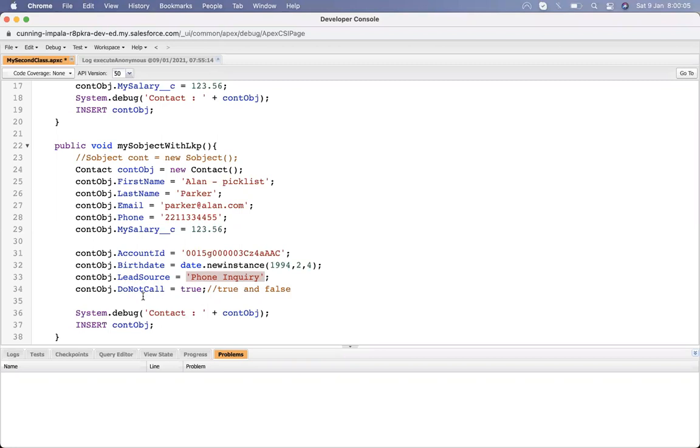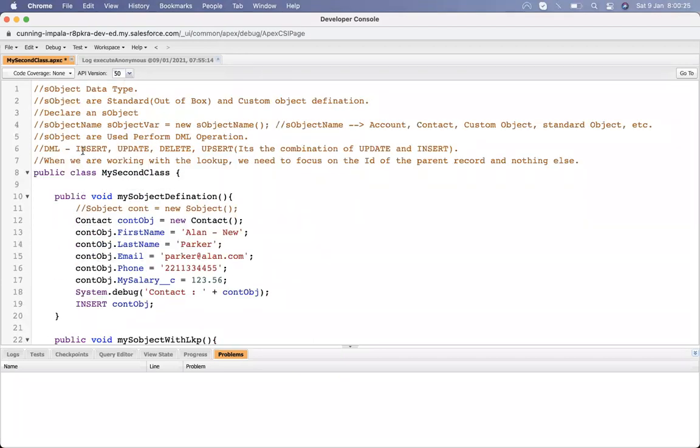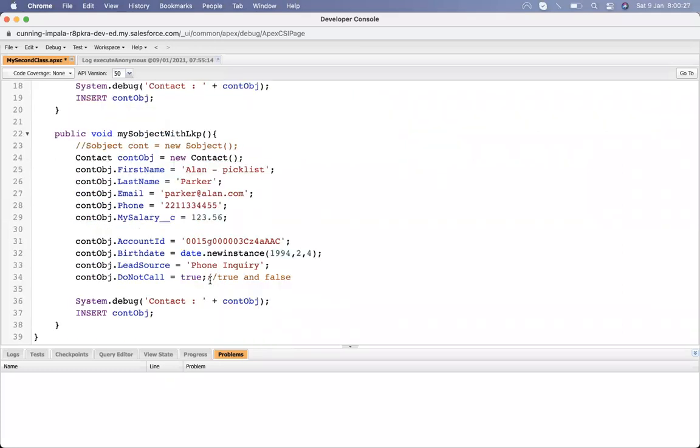And if you have a Boolean type, or checkbox, then we assign true or false directly. In this way we assign values to a record, so that we can perform any operation, such as insert, update, and delete. Okay, if you have any question you can ask, else we come back after 10 minutes.